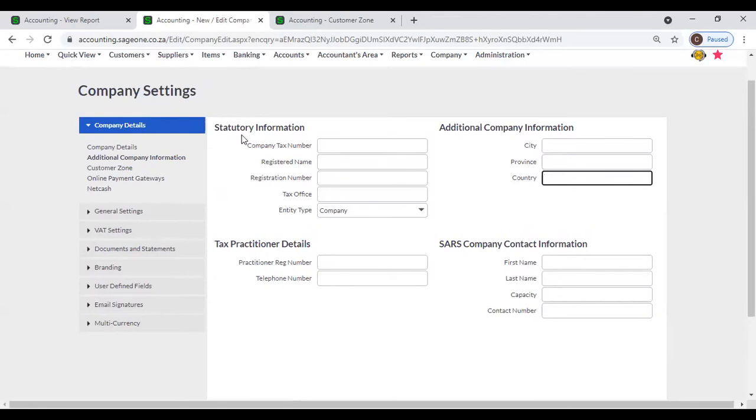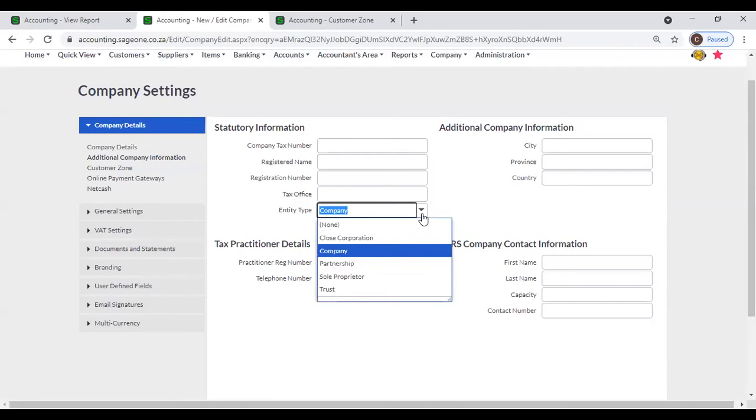You can enter statutory information and additional company information. Okay, and if you are a tax registered company, you can enter the company tax number. You can enter the company registered name and company registration number. For tax office, you can enter Inland Revenue, and for entity type, you can select your